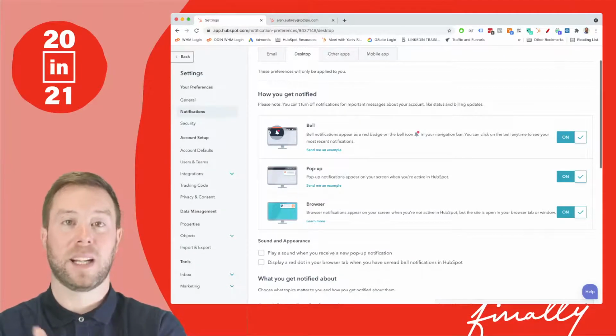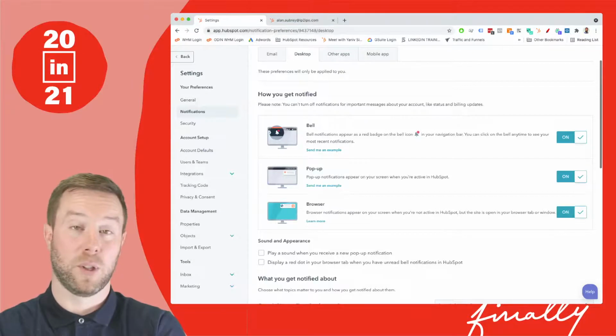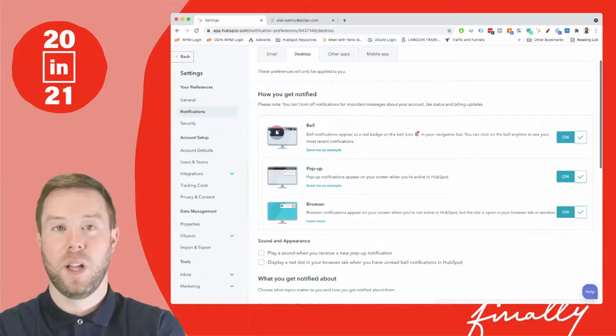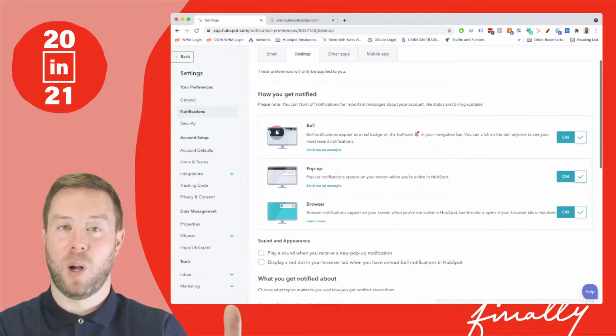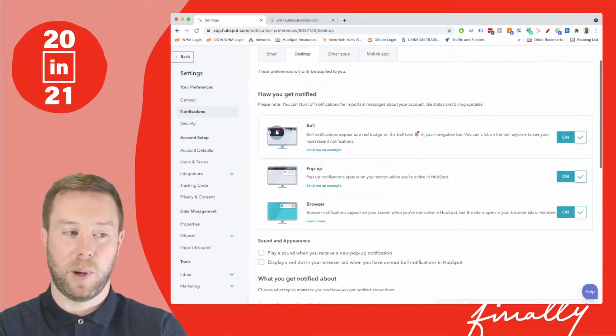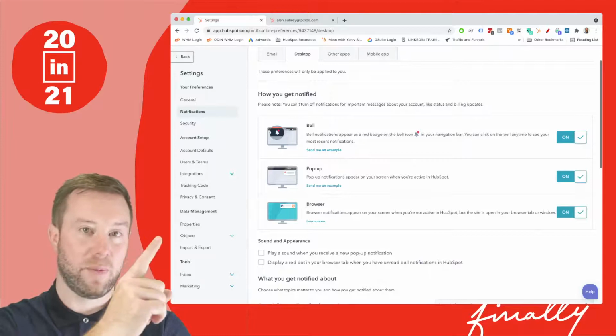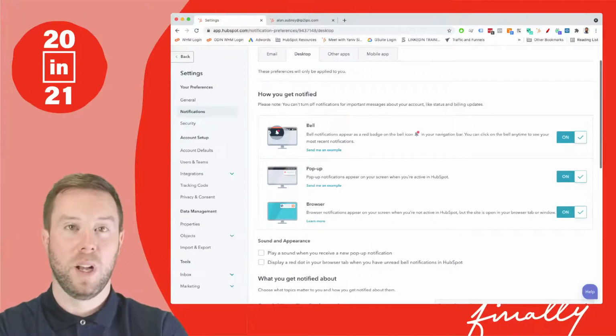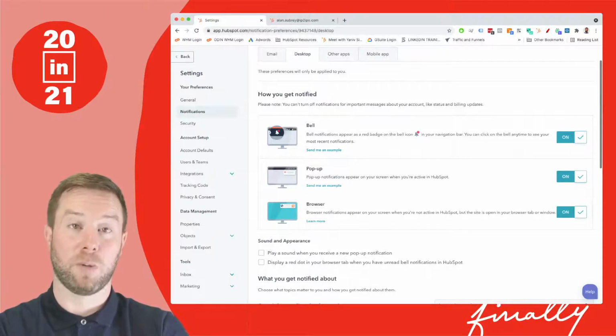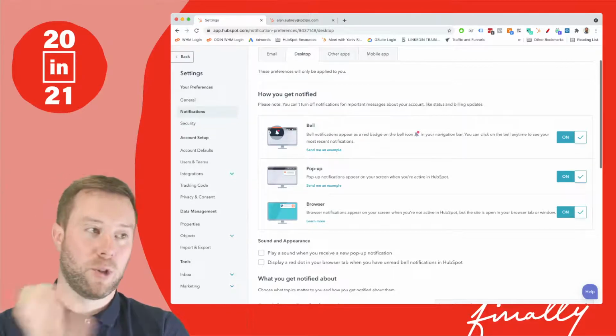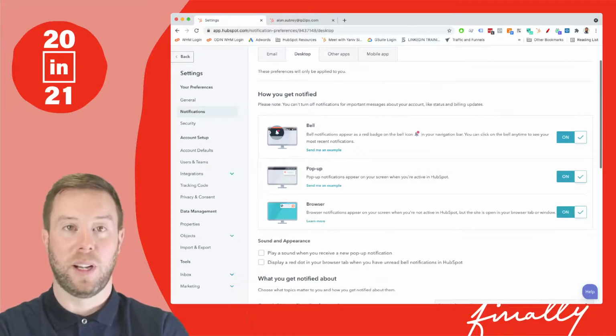So that isn't my active window. So let's say I'm just, I don't know, on Google, but I have HubSpot open in a pinned tab. Then by enabling browser notifications, that's going to be that classic slide in from the top right-hand corner in Chrome, where you're notified. If you click on that, it will jump you through to HubSpot and for you to action